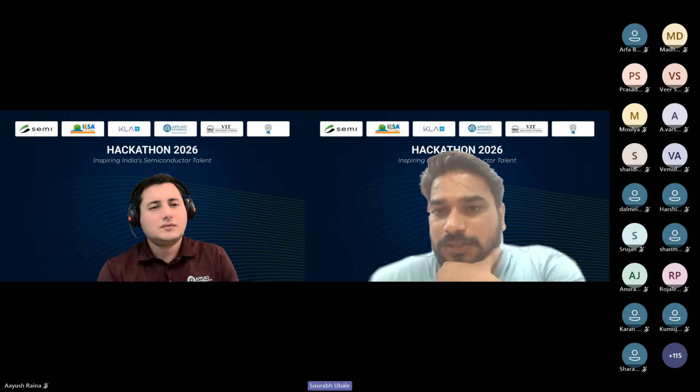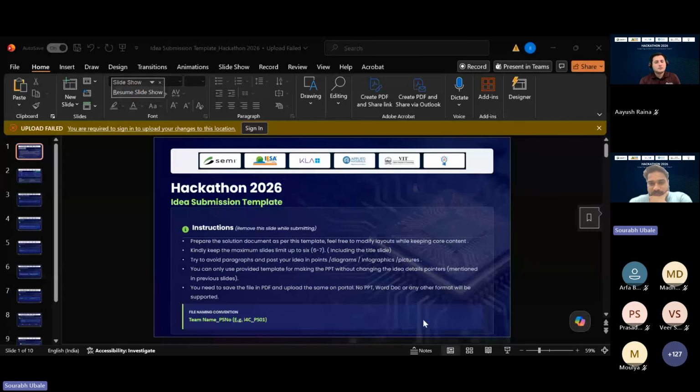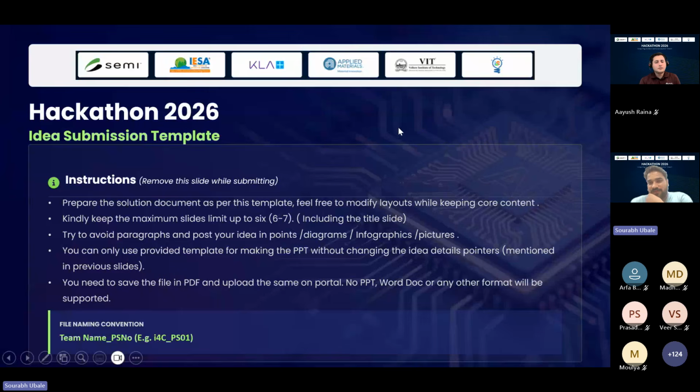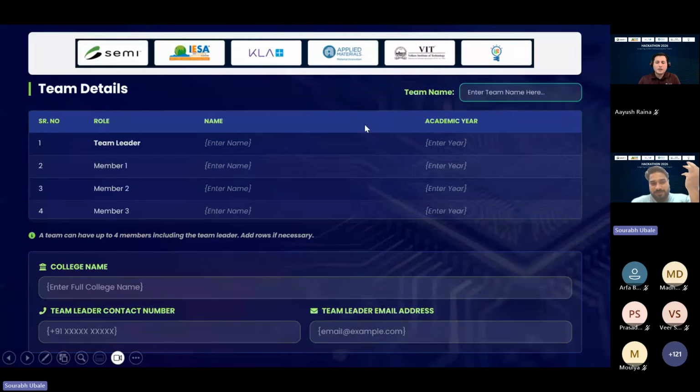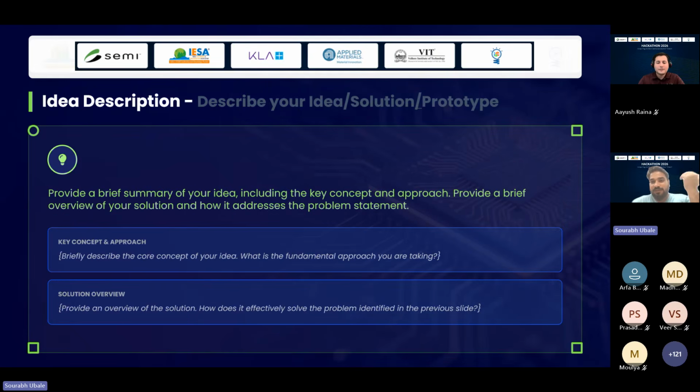Such kind of template is made available on the landing page where we have given you all the instructions, which is similar for both the problem statements. So you have to give your details of the college, the problem statement that you are addressing, then the description of how you're approaching the solution.